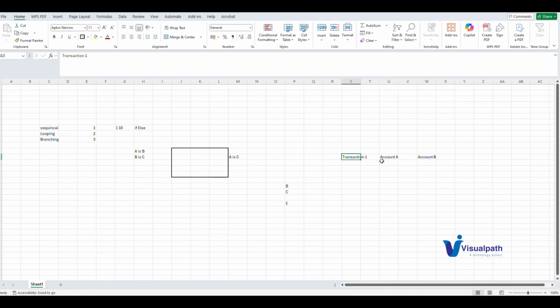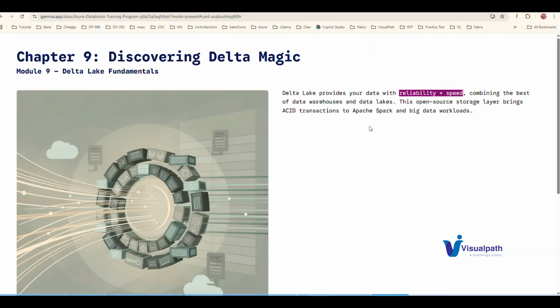If any issue comes anywhere in between, the fetching or the inserting of the amount into the account, the entire transaction will be rolled back. Roll back means it goes to the initial state, as if no transaction happened. This is one of the properties applicable in ACID. Either the transaction fully completes, or if anything goes wrong in between, a rollback happens. That is what we call the ACID property.